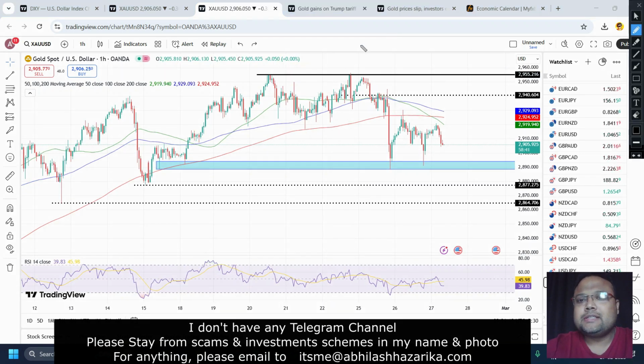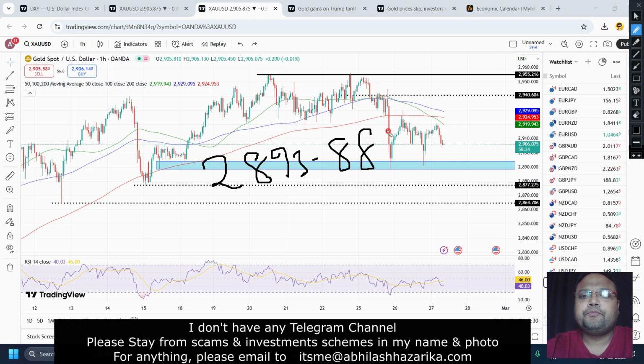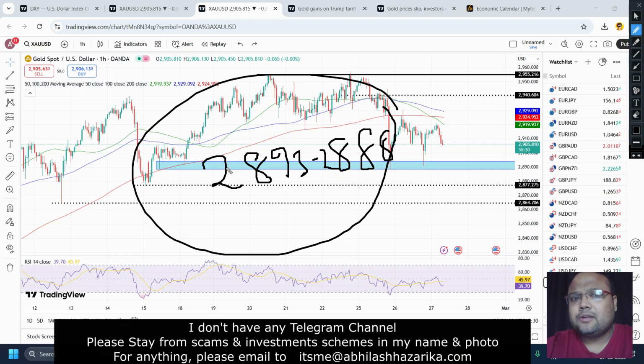So the levels that we discussed yesterday are, the first support was 2893 to 2888. But the problem is the market has already taken support around this area thrice. So chances are high that today market will break it. To be honest, I have already placed a sell stop below 2888 area, because I think that we have a possibility of market breaking 2888 area and market will be heading towards